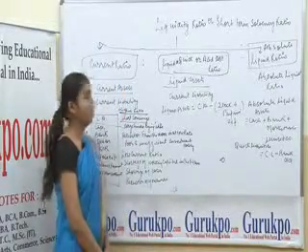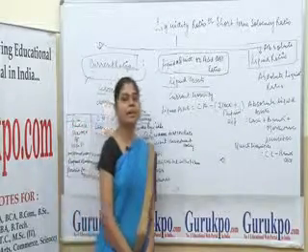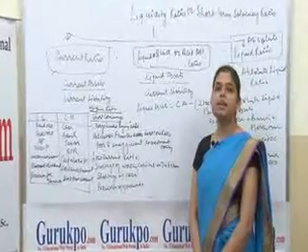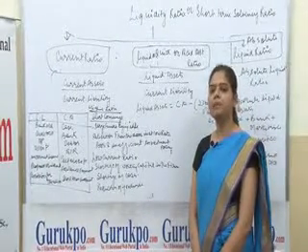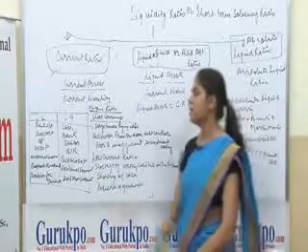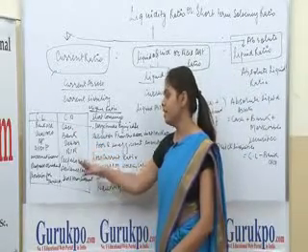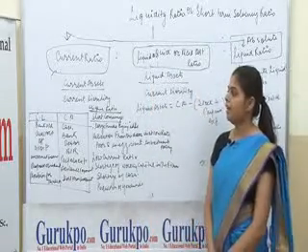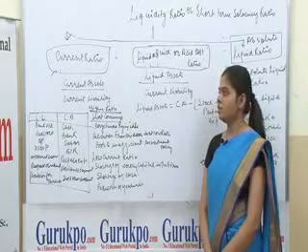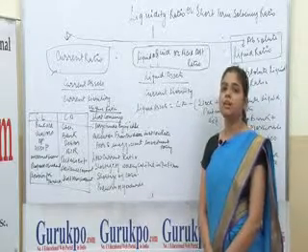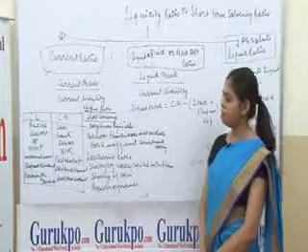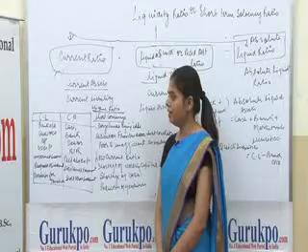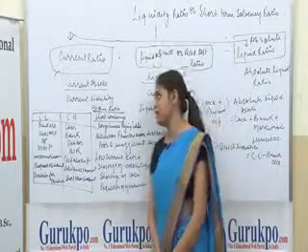First, current ratio. Current ratio shows the relationship between the current assets and the current liabilities. Current assets are those assets which we can convert into cash within a period of 1 year. Current assets include cash, bank, debtors, bills receivable, prepaid expenses, advance payment and short-term investment. Second is current liabilities. Current liabilities are such obligations which are paid within 1 year out of our current assets. Current liabilities include bank overdrafts, creditors, bills payable, outstanding expenses, unearned income, proposed dividend, provision for taxation.